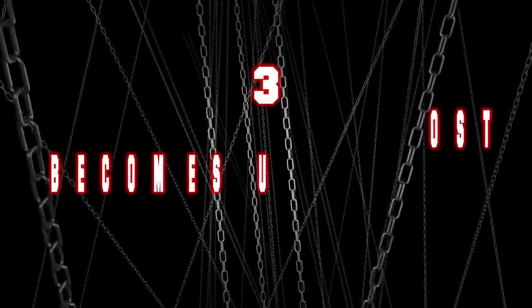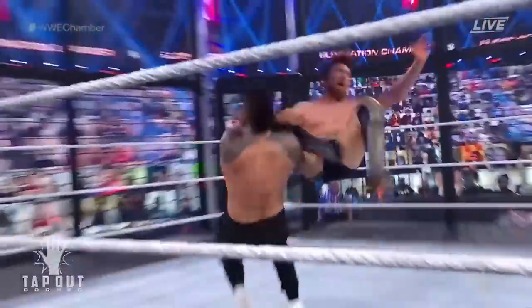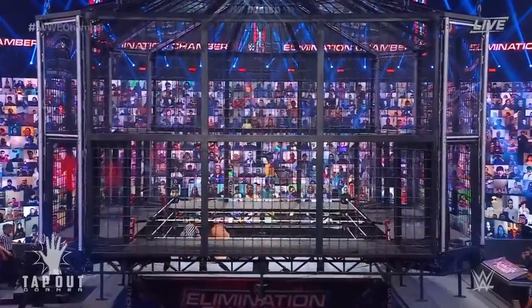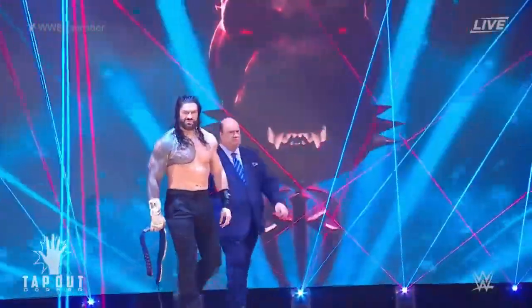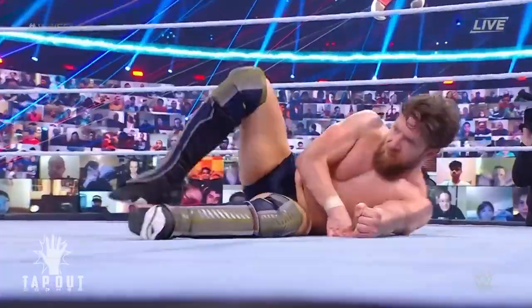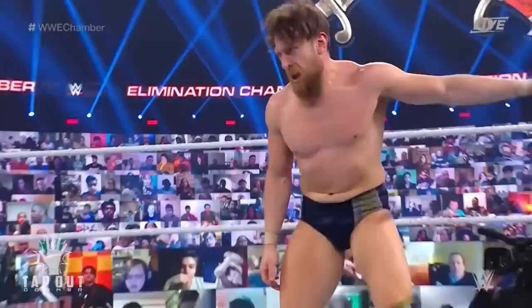Number 3, Daniel Bryan almost becomes the Universal Champion. After winning the Elimination Chamber, Daniel Bryan didn't have to wait too long to receive his Universal Championship match. The head of the table immediately came out after the Chamber match to give Bryan his shot at the title. It seemed like Daniel Bryan didn't have a chance, but then...